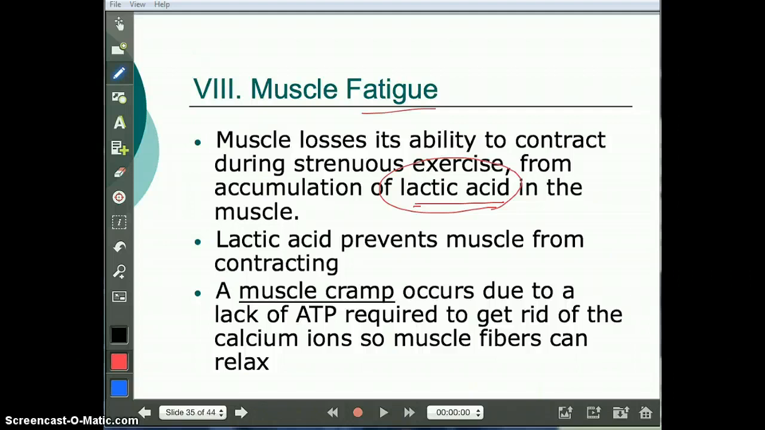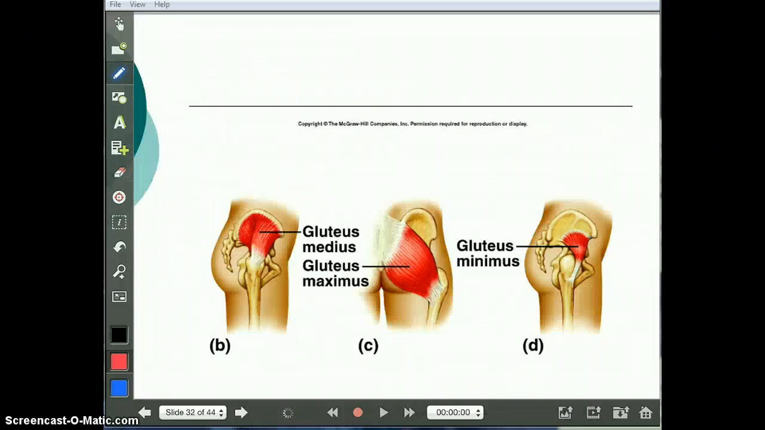Okay? What is a muscle cramp then? All it comes down to is lack of this guy, ATP, not being there. And if ATP is not there, it cannot stop the actin and myosin from being together. If we can remember going way back to one of our slides from before,